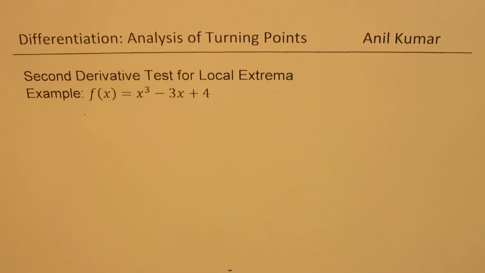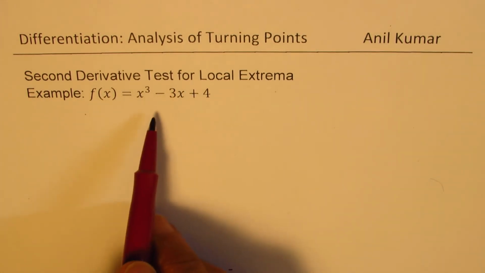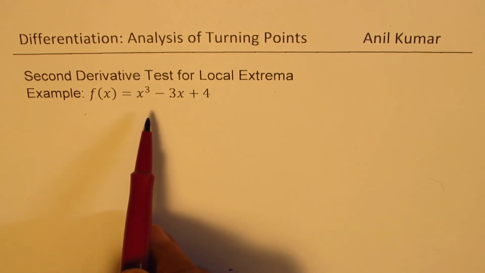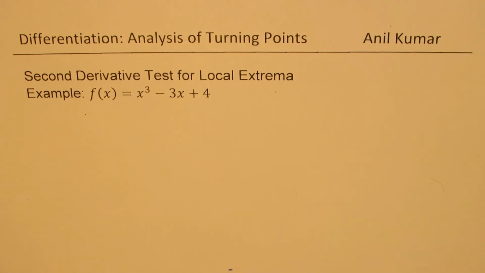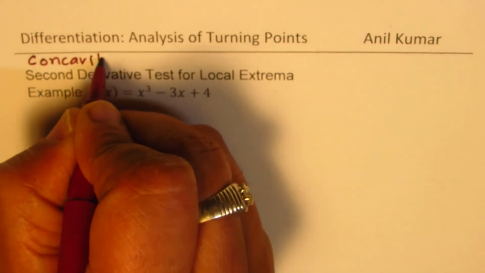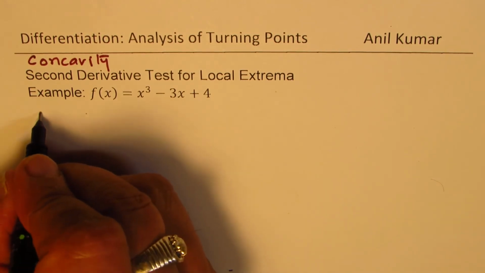Perfect. So you saw how we figured out that we have two turning points for the given example. We have also analyzed which one is local maximum, which one is local minimum. However, there is another test, which is the second derivative test, which can also be applied to find out which turning point leads to local maximum and which turning point leads to local minimum, right? So we are now going to check concavity